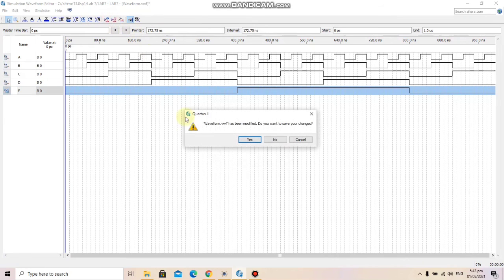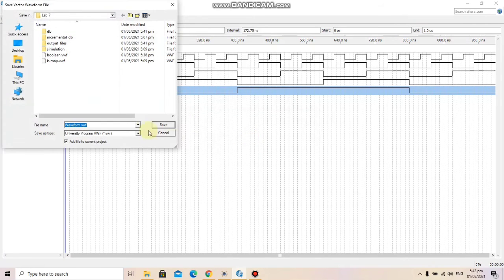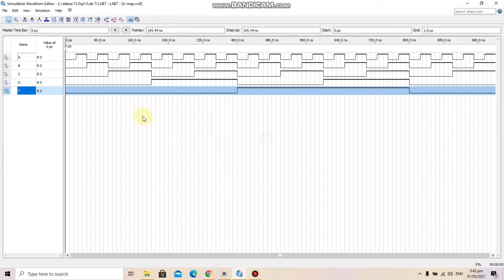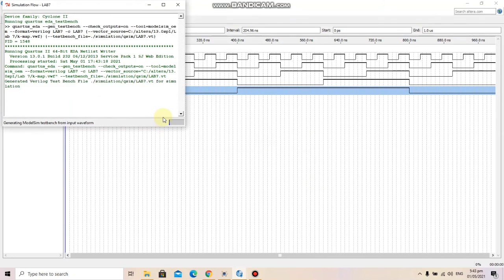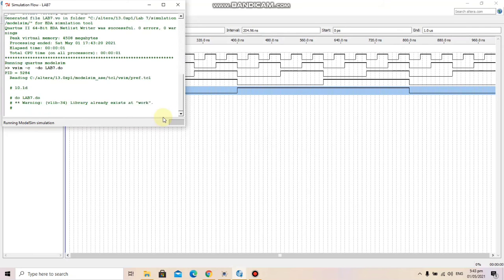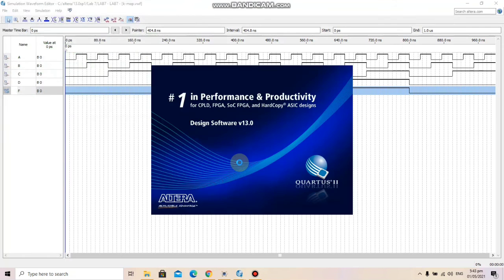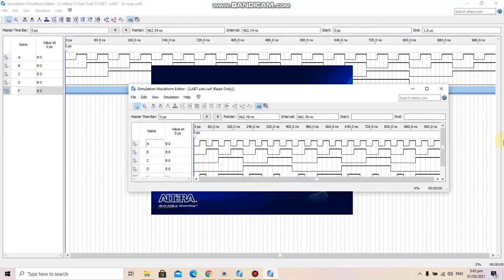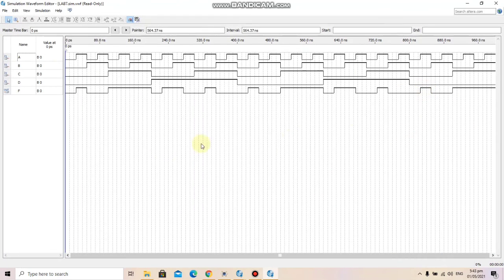Let's run this. This should also give us the same wave output, and we can see here we have got a similar output to the one we had for the Boolean one.